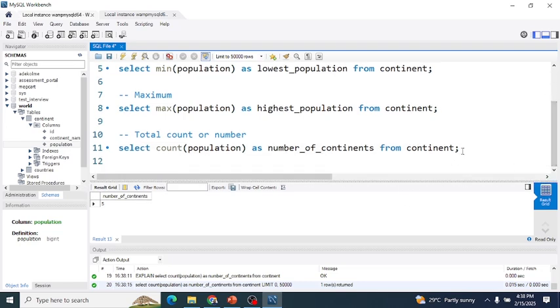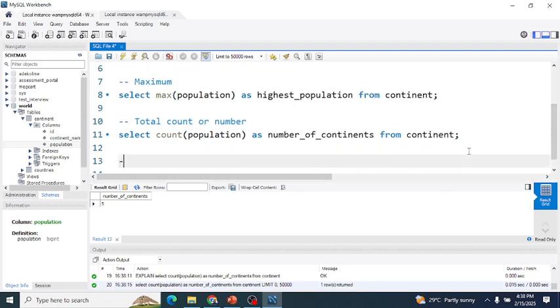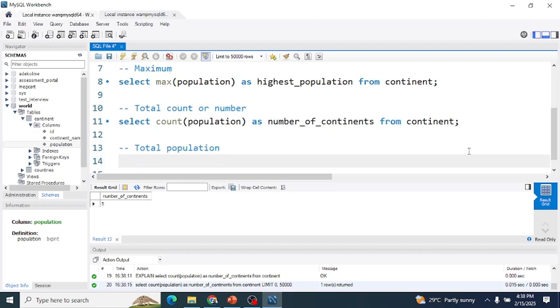Okay. Now I think you have 2 more now. Let me do the other 2. So the other one I want to do is sum of total population, or let me just say total population. Okay, total population. You can call it sum, just sum. Let me say total population. Let me put total here. Total